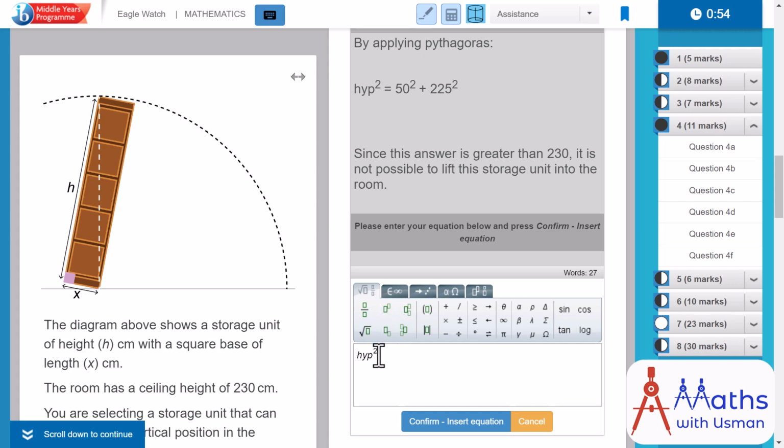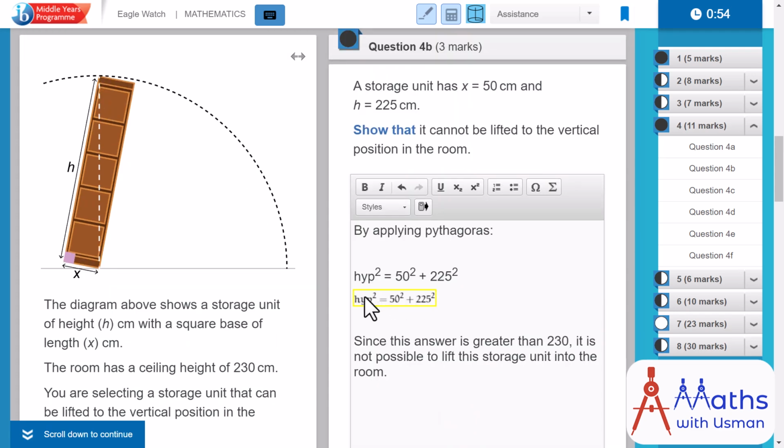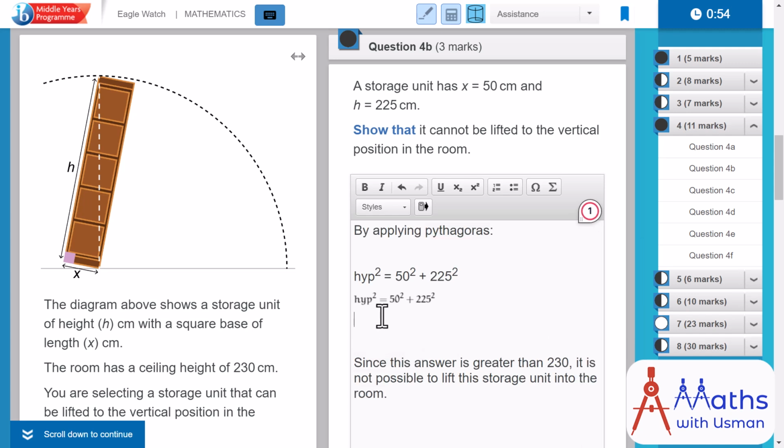Then press the right key, the cursor will come down automatically. Press an equal to sign, is equal to 50 base a square. Again press the right key, and then 225, then press a square again. When you press confirm enter, it will copy the same thing into the answer space in the correct format. Now you want to solve this question.